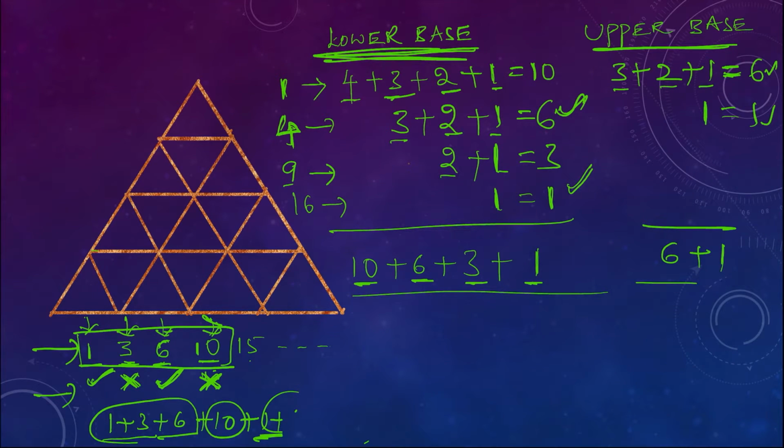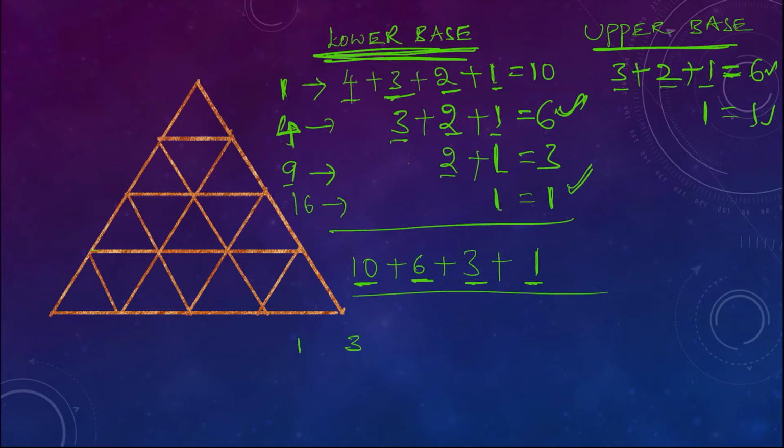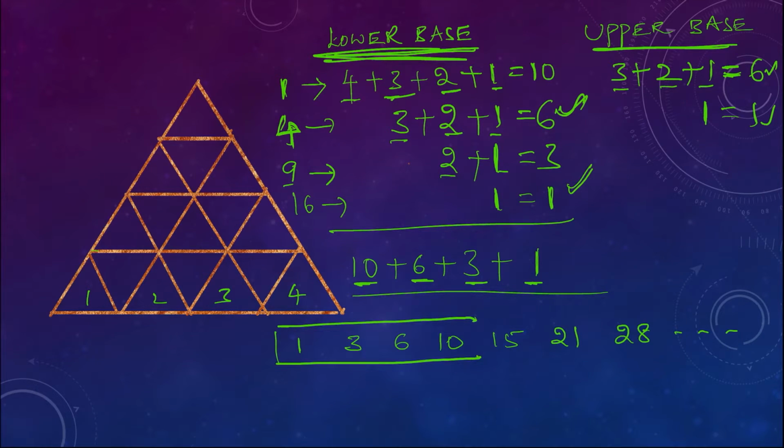I'm writing here. So first we need to take 1 onwards. 1, 3 plus 2 plus 3 plus 4 plus 5 plus 6 plus 7. So we need to take like that based on the number of triangles attached to the side of any triangle, side of bigger triangle. We need to consider only 4. So this is lower base triangles indirectly. So we need to take upper base triangles. Upper base triangles are forming alternatively. If you compare with the lower base triangles, alternative numbers only coming for upper base triangles. So we need to consider alternatively.